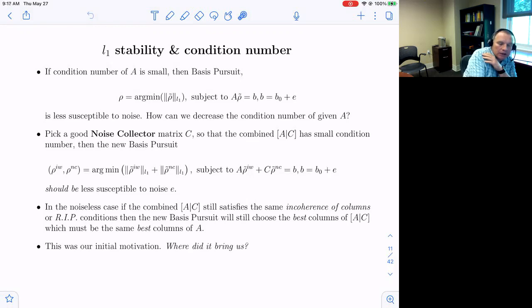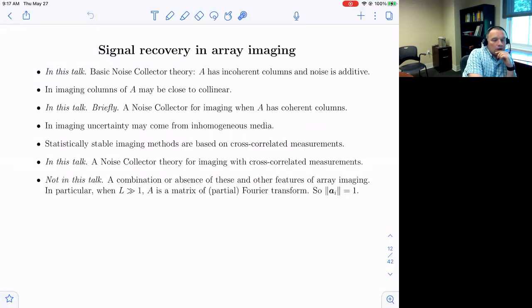And again, if the combined matrix satisfies nice incoherence properties or RIP conditions, then you should be able to find, using this approach, solutions of the noiseless problem exactly, and they will be the exact set of reflectivities that you're looking for. And that's where we started in this construction. And it worked out, and it gave some other applications. So I will explain this construction and how it actually does absorb noise in the simplest possible case. We started with the linear algebra case,